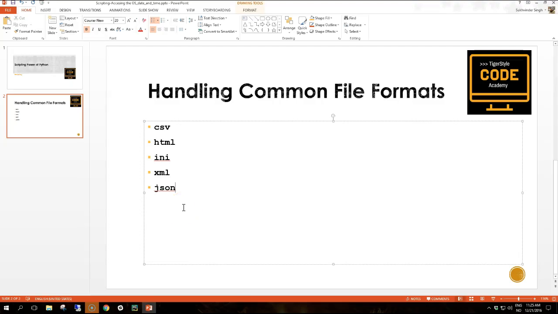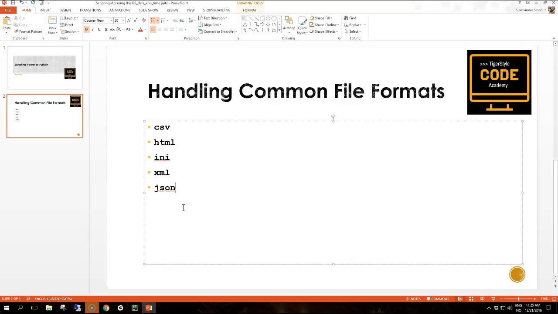Welcome guys to a new lesson, and in this section we are going to talk about handling common file formats. When writing scripts to control several applications or utilities, it's common to use files as the data transfer mechanism between applications. Unfortunately, the output format of one application may not be in exactly the right format for the next application to read. At this point, the script itself must convert the output file into the appropriate form for the